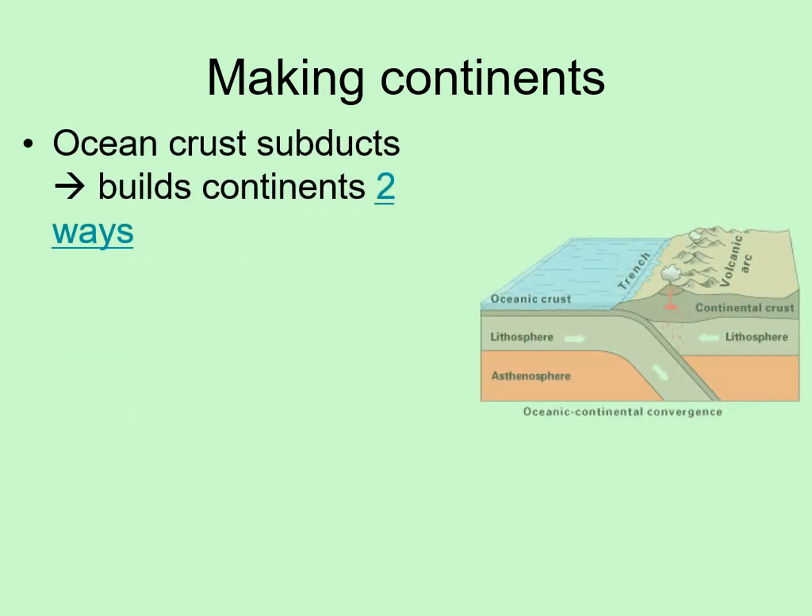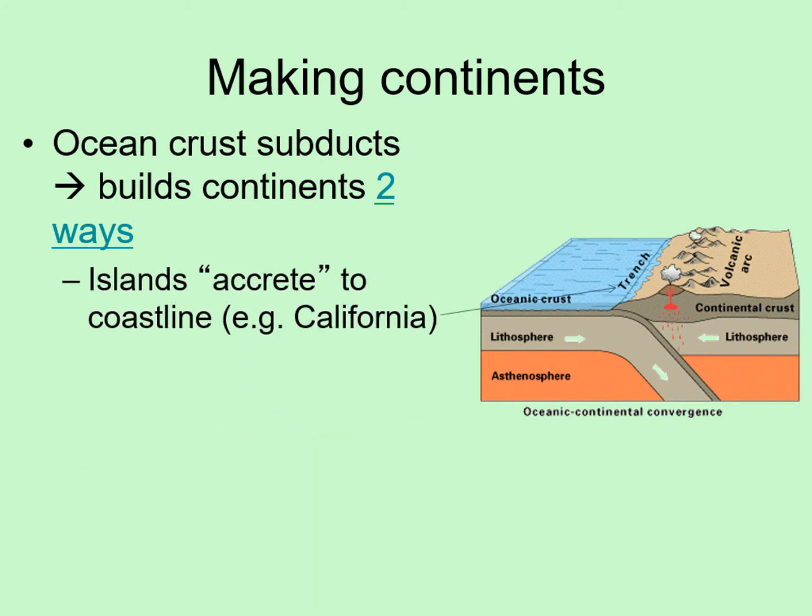Subduction is important for another reason. It provides the material that goes into making continents. We've already seen that ocean crust forms from mantle at mid-ocean ridges, but we haven't looked at how continents form. In fact, there are two ways that subduction can help make continents grow. The first happens when there are islands on the ocean